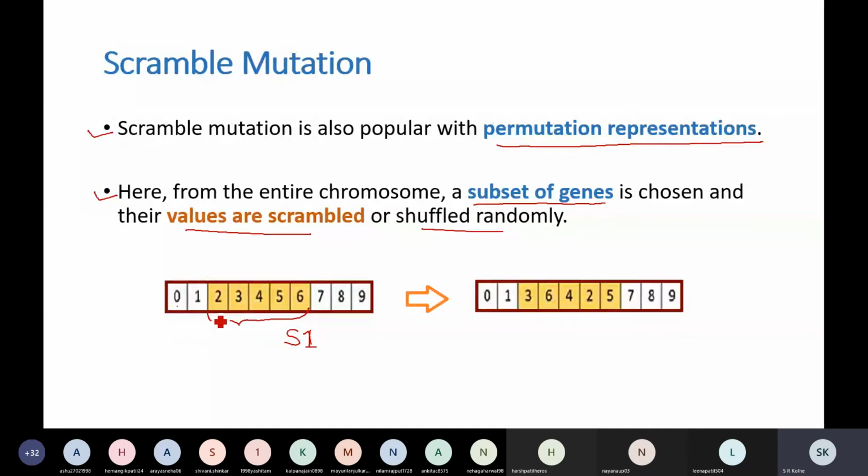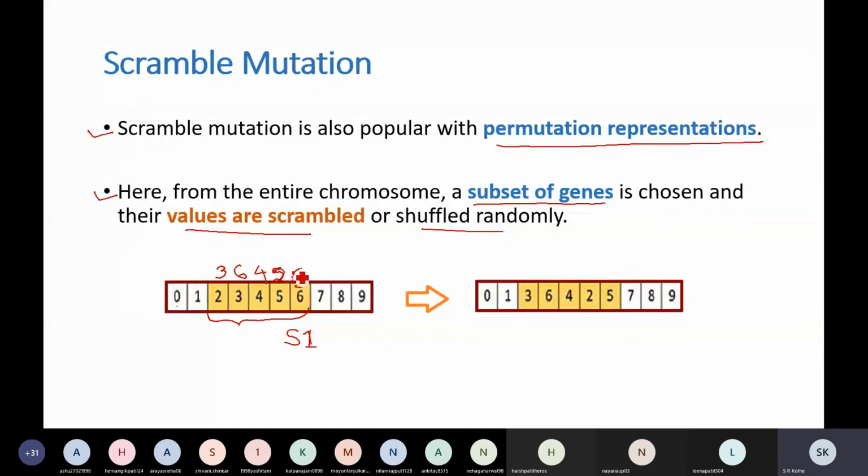So after performing scrambling, instead of 2, now here we have replaced 2 with 3. Then 3 with 6. 4 as it is. Then instead of 5, here we have 2.